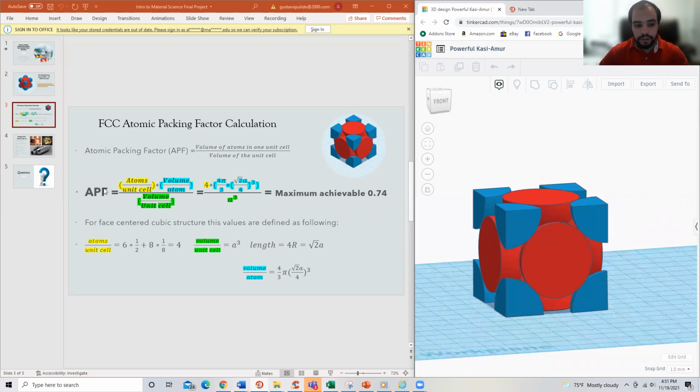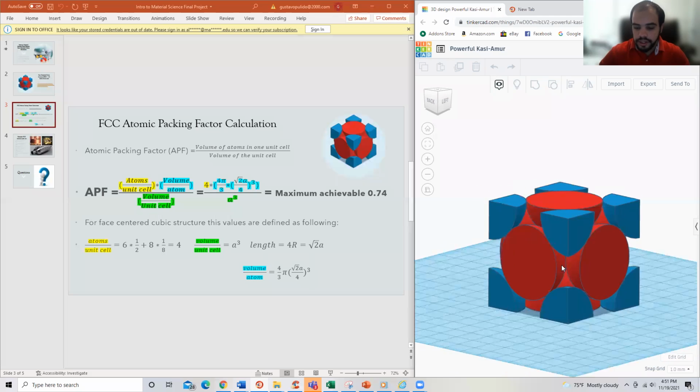And the formula for atomic packing factor is going to be atoms per unit cell times volume per atom, over volume per unit cell. I break this down into these three pieces to make the process of explanation easier. And then once we get all the results, we can plug them into the original formula and achieve our goal. Atoms per unit cell, to begin with: as we can see, there are 6 faces to